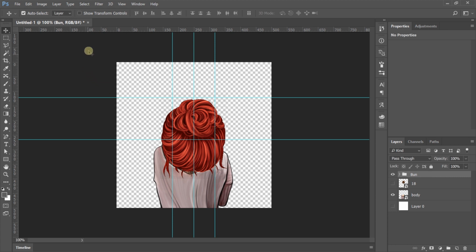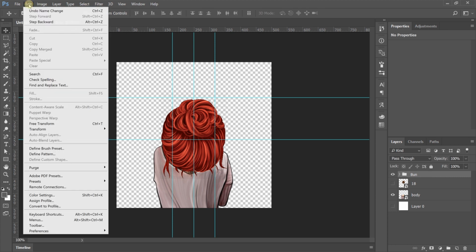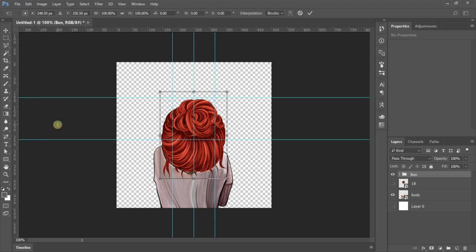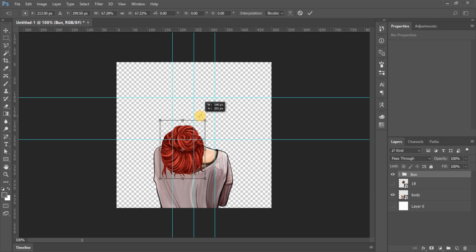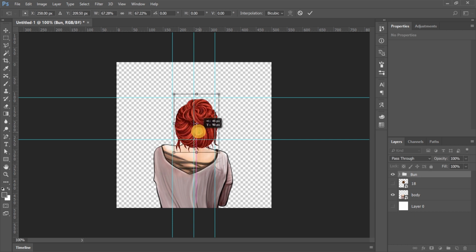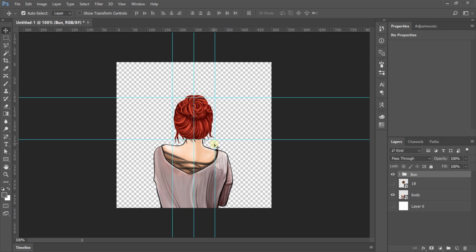On the top menu, click Edit, Free Transform, or press hotkey Ctrl T. Now, we can resize and reposition this whole group. We should place it within the area of the head that we marked, but it can be flexible, depending on the hairstyle. Use the base guidelines, and resize the group relatively. To preview easier, we can press the key combination Ctrl and semicolon, to turn the guidelines on or off.